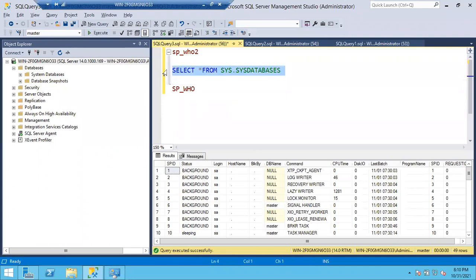As a DBA, we have to check how many databases are there in the SQL Server. We'll use select star from sys.databases. If your requirement is different, you are going to execute a different query. So it's not limited to one profession, like only developers will execute queries or only DBAs will execute queries. No, they will have their own set of queries they will execute. DBAs will have the DBA set of queries.